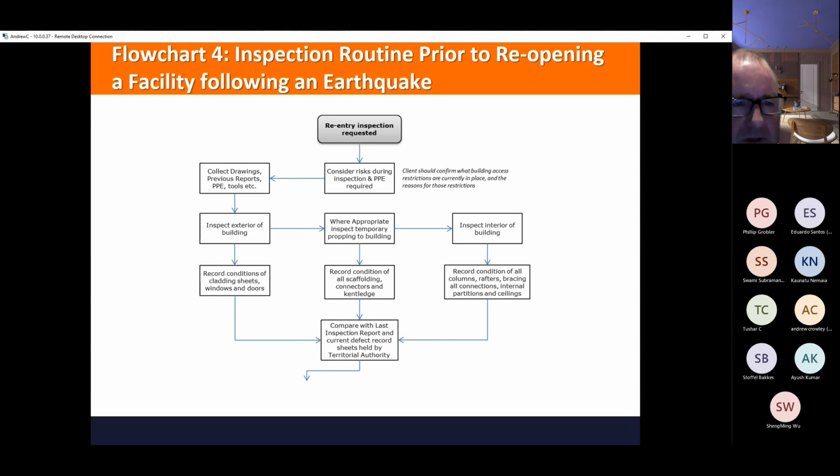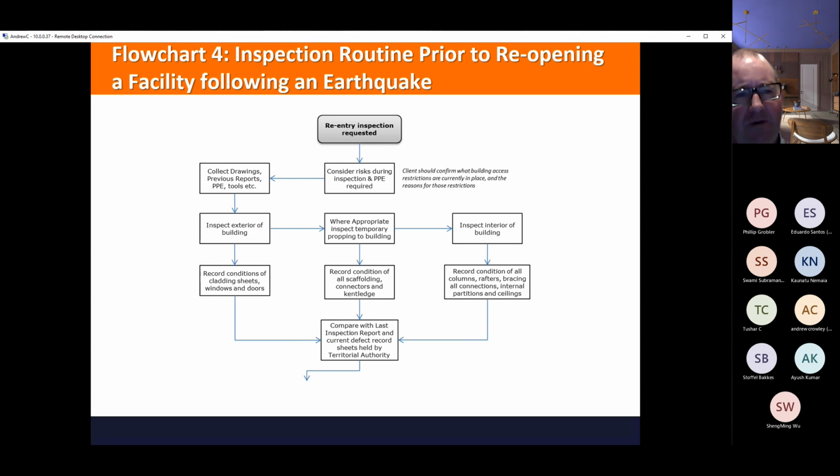So again, you need to consider the risks and don suitable personal protective equipment. See what restrictions are currently in place, because they may just be putting plastic tape around the building to stop people going in as well, which may not be adequate. Collect the drawings and any previous reports.